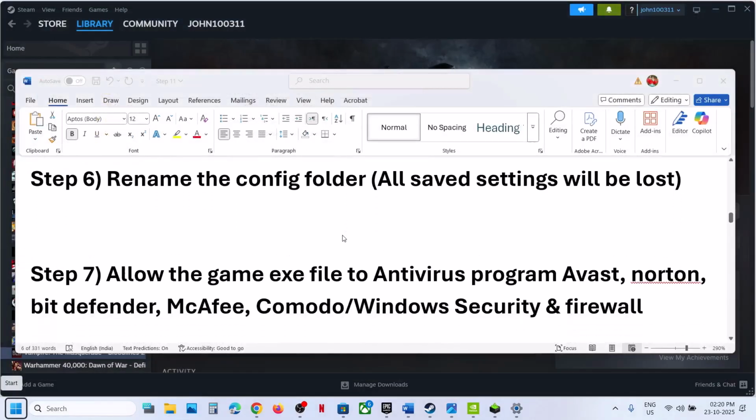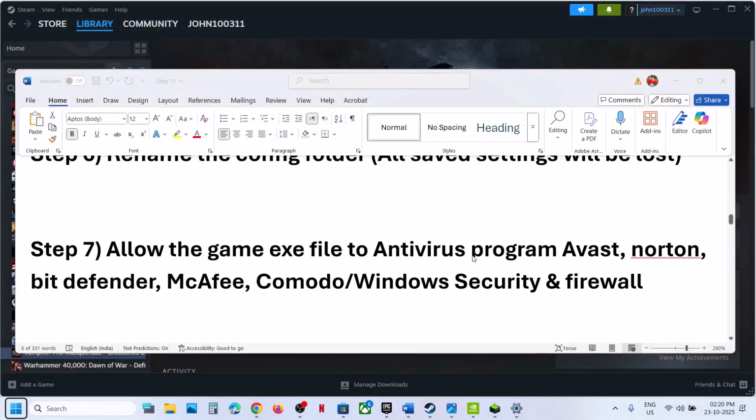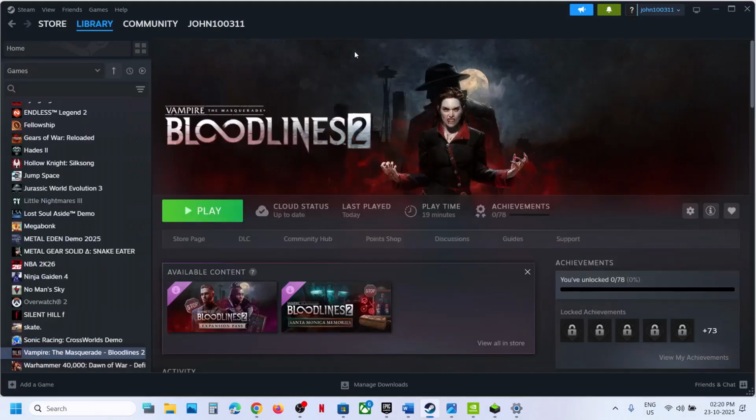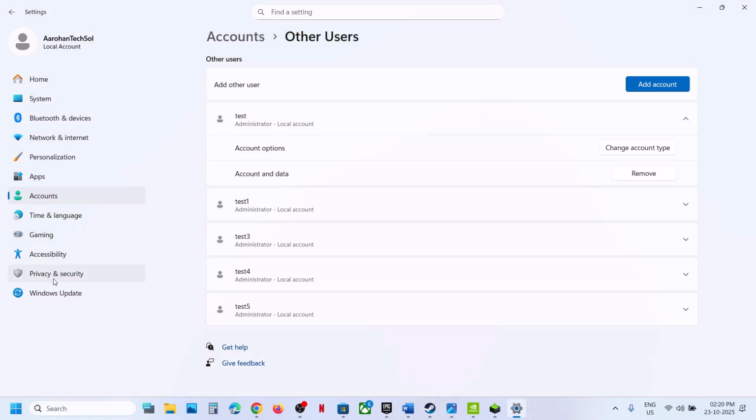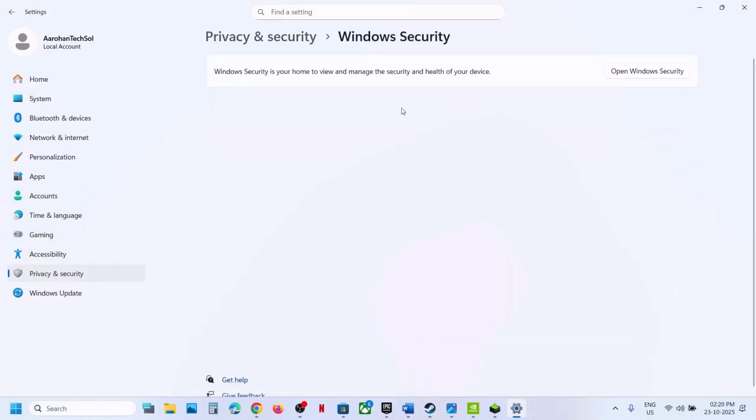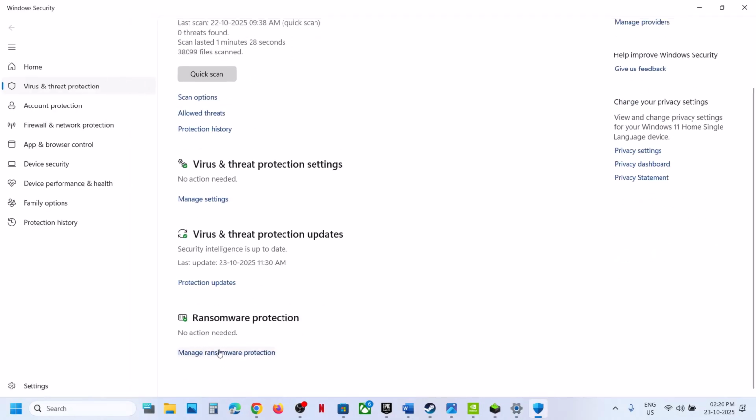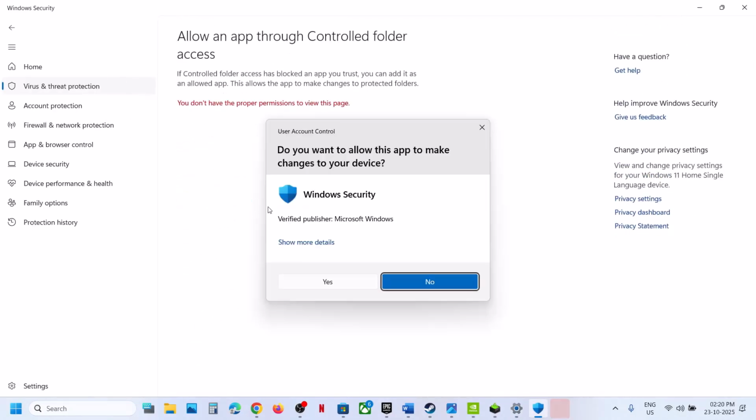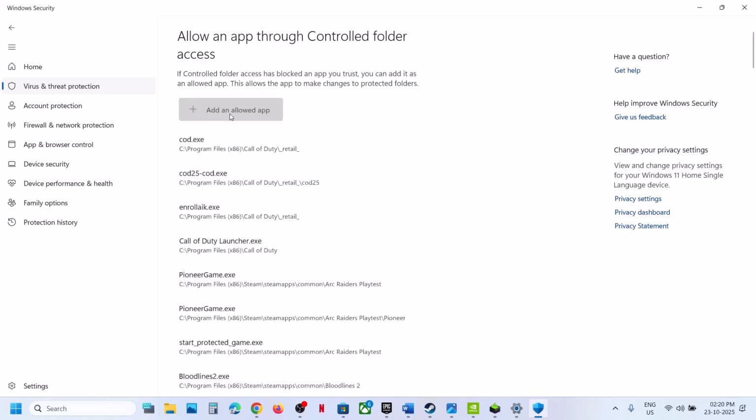Still not working. The next step is to allow the game exe file to antivirus program. If you're using Windows security, open Windows settings, go to privacy and security, or update and security, click on Windows security, virus and threat protection. Scroll down, at the bottom you will see manage ransomware protection. Click on it, click on allow an app through controlled folder access, click on yes to allow, add an allowed